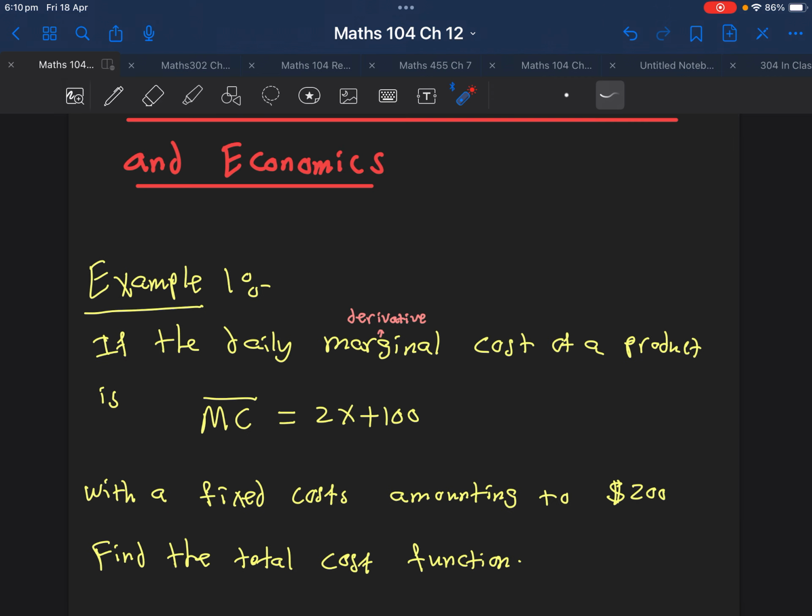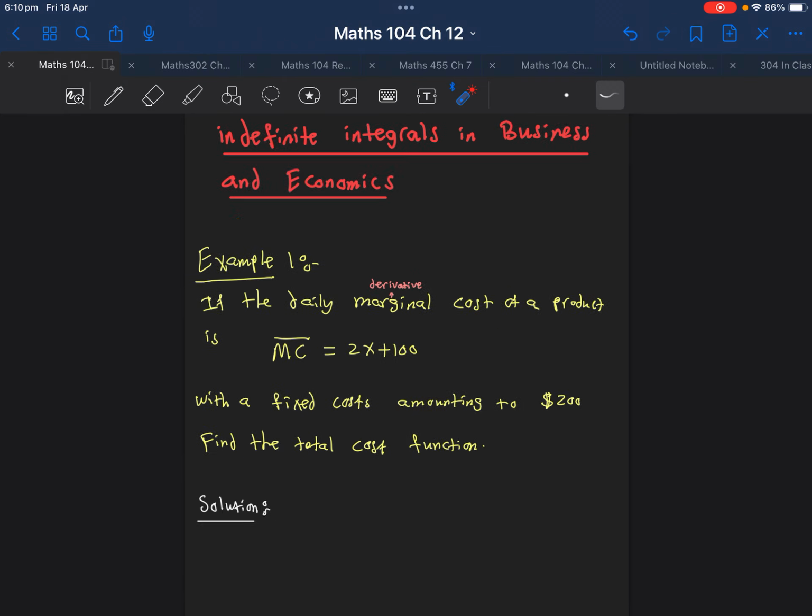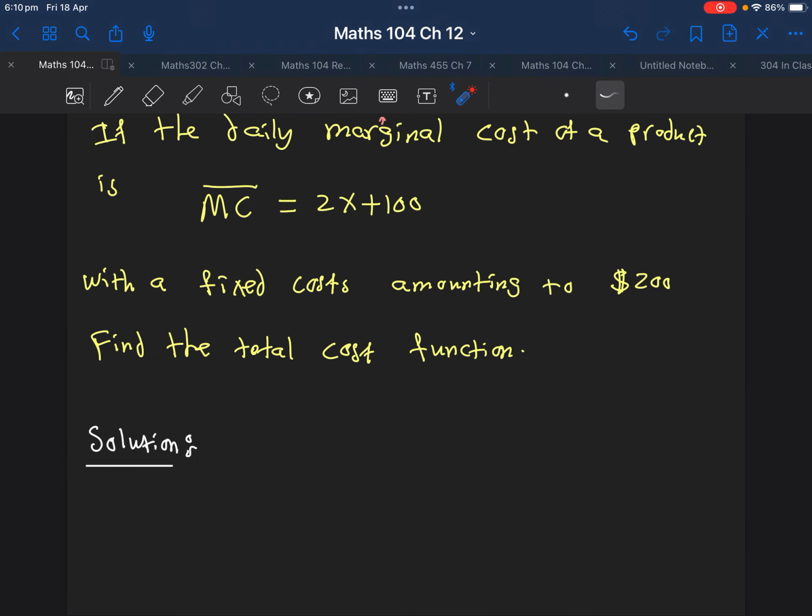So I have the marginal or the derivative of a cost given by 2x plus 100 with a fixed cost amounting to $200. So if I don't sell any quantity, the cost will be 200. So I'm starting from 200 and then the cost will increase. The question is we need to find the total cost function for this question. So how we would do that, remember, if we want to find the cost,